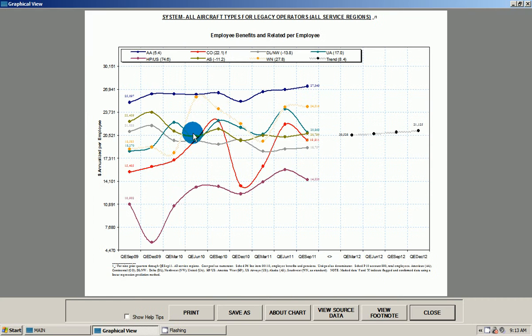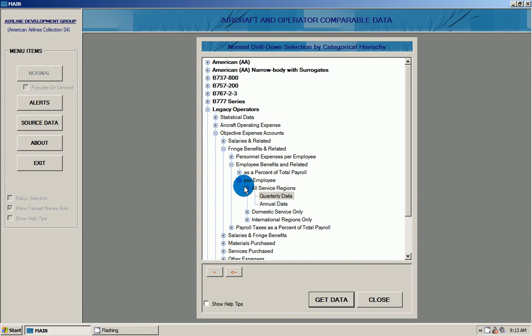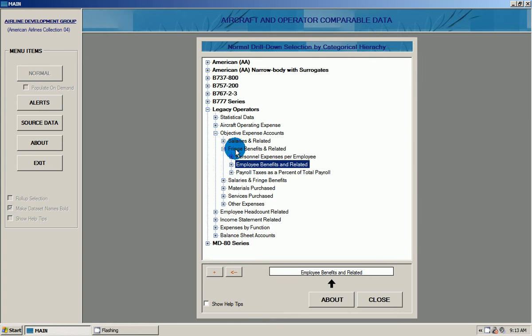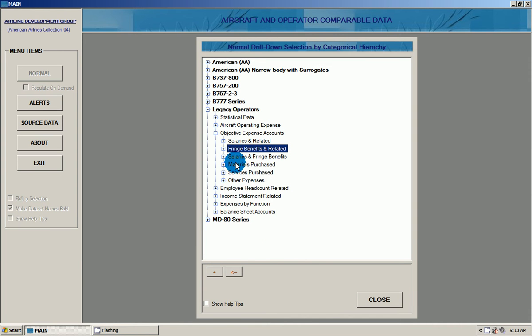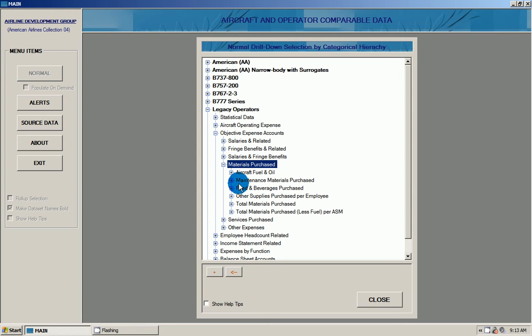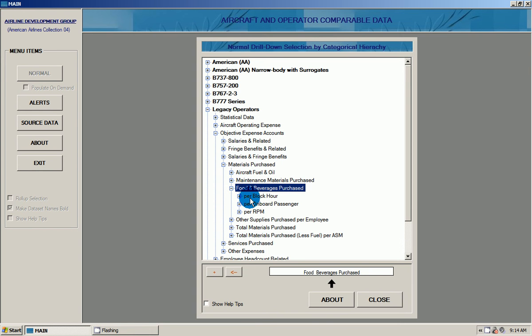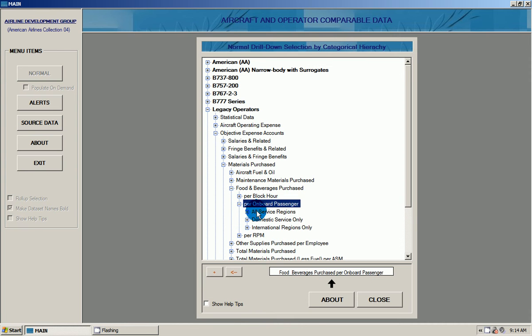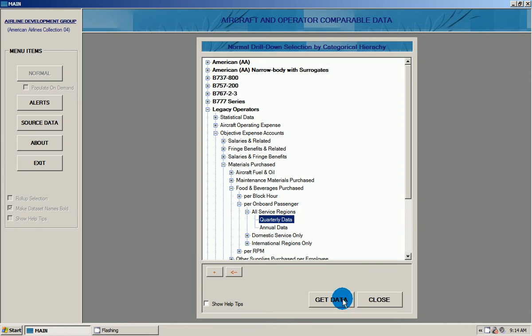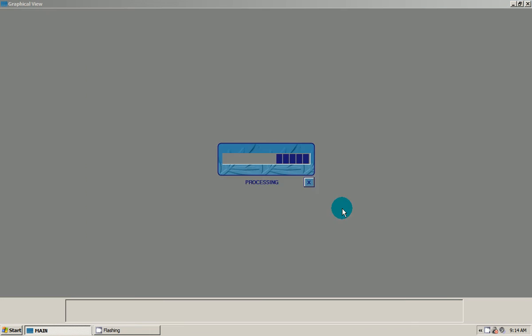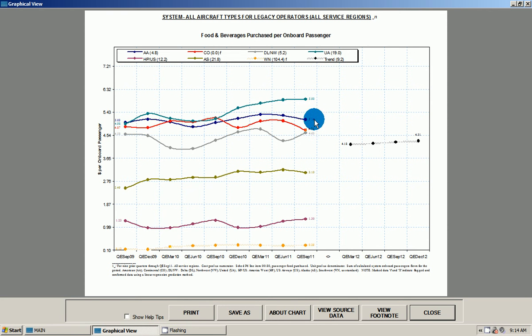This shows just shy of $28,000 per employee for American Airlines on the high end compared with everybody else. And let's go to something else here. Let's look at, well, how about food and beverage, and we'll look at it on a per passenger basis, quarterly. Let's see what that looks like. Here's American, a little over $5 per passenger